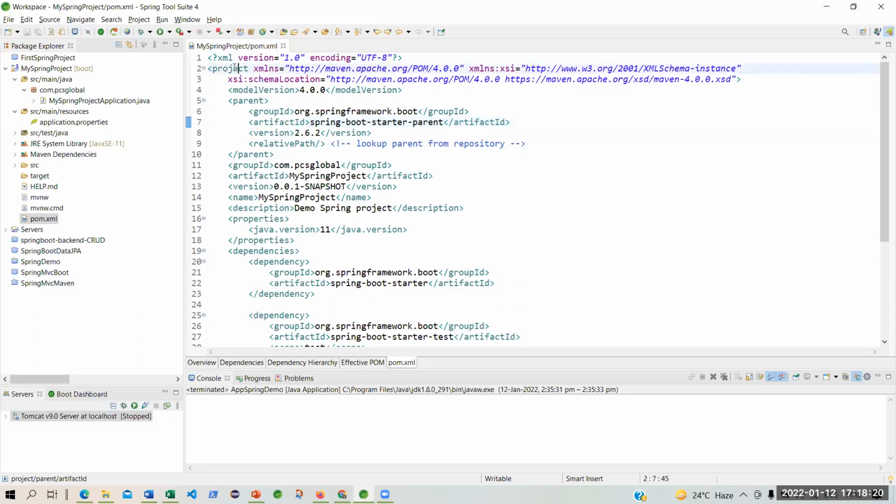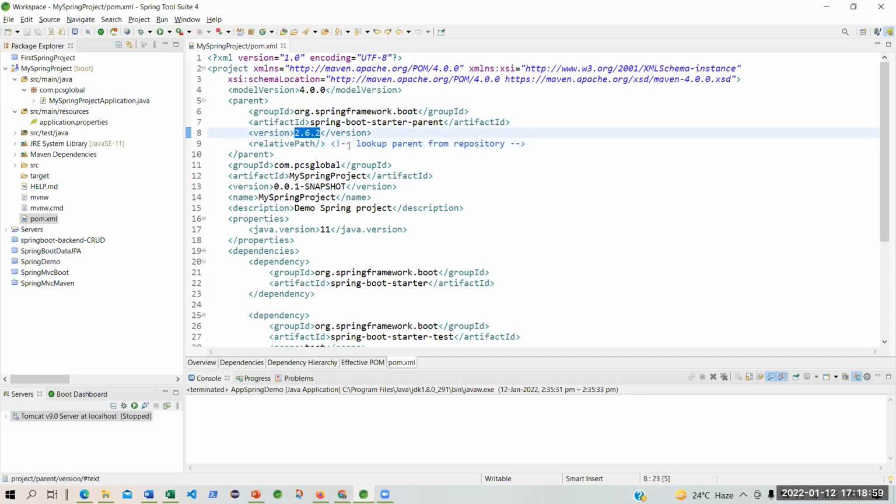See, this is the XML project, I mean the pom.xml file. Okay, we are using a Maven model version 4.0, and that is the parent. These are called the XML tags, the XML entities, you can say. These are the sub entities. So parent is the parent entity, and the sub entities are group ID, artifact ID, version, relative path.